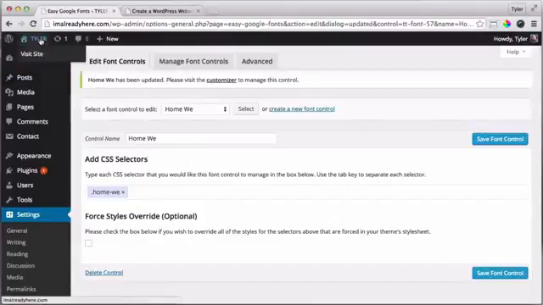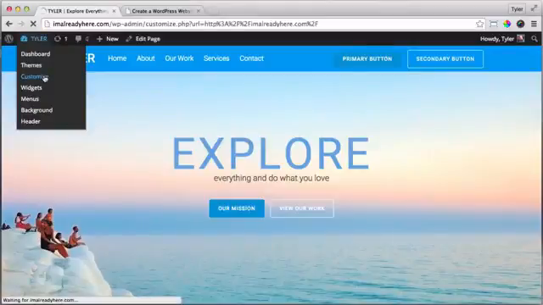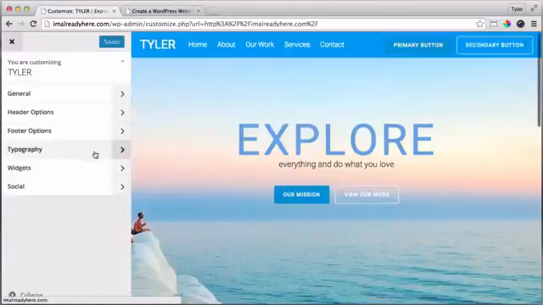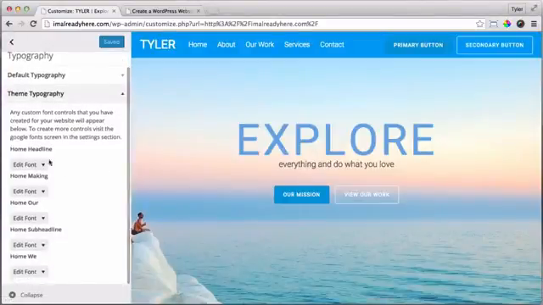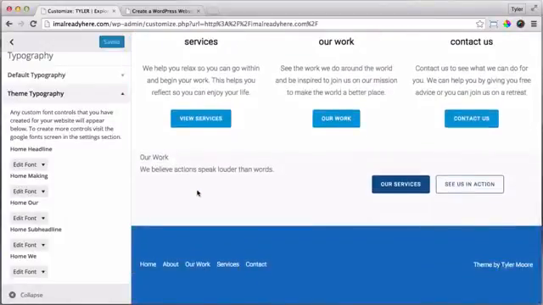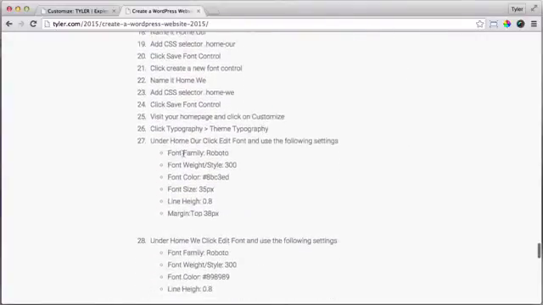And now let's go back to our website and go to Customize and click Theme Typography. There it is. And now we have two more Google fonts, Home Hour and HomeWe. So let's scroll down and let's try to get this in the center and looking good. So what are the settings for our work? So we go down here and we see this is the settings for our work. Roboto 300, this color, 35.8 and 38. All right, so